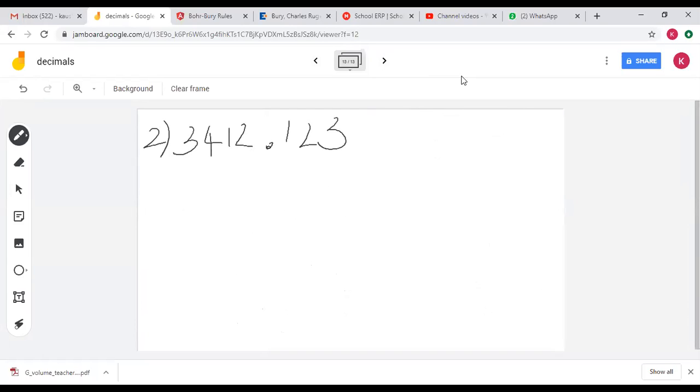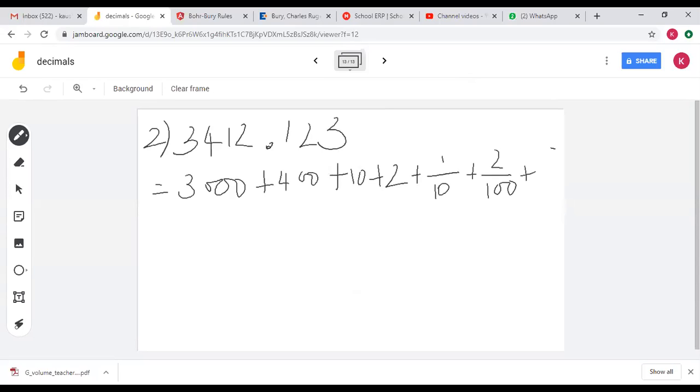Now this one, we will write it in expanded form as 3,000 plus 400 plus 10 plus 2 plus 1 upon 10 plus 2 upon 100 plus 3 upon how many? 1,000. Okay, and in decimal form, 3,000 plus 400 plus 10 plus 2 plus